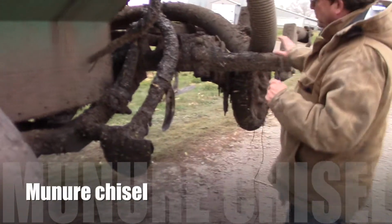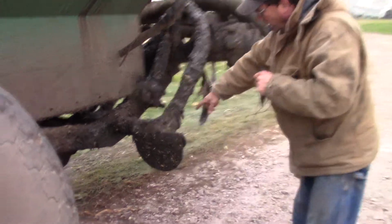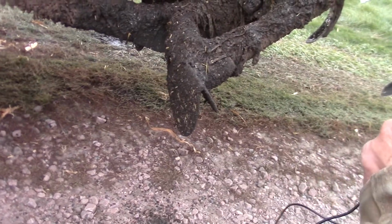So this is the chisel plow attachment that incorporates the manure into the soil. This is what they call a fan distributor. That's where the liquid comes out and it's distributed evenly across the ground, and then the chisel plow incorporates it in so that it does not blow away or run away, and incorporates it into the soil so we don't lose any of the